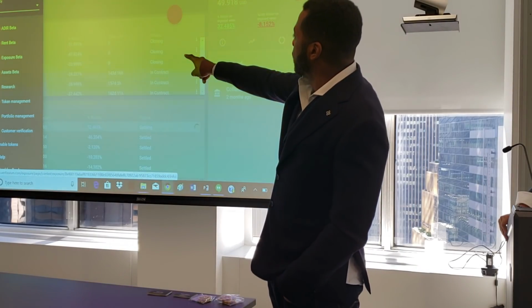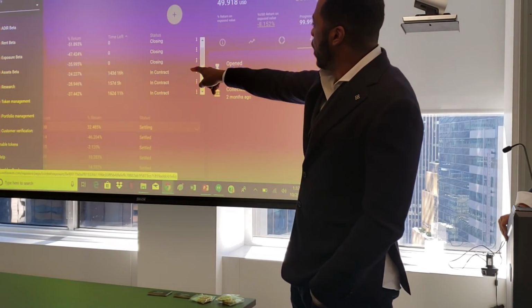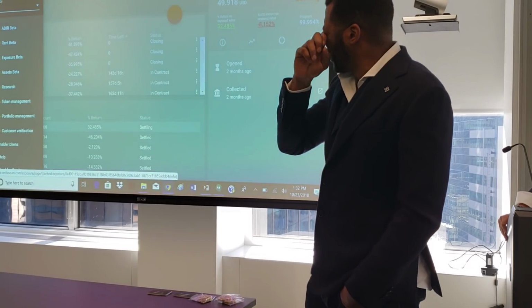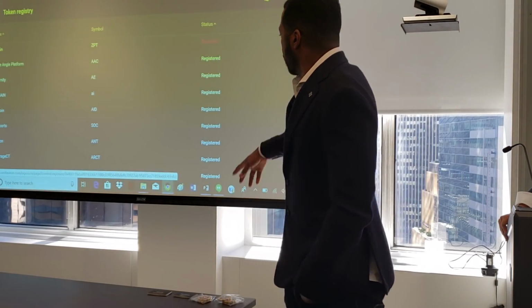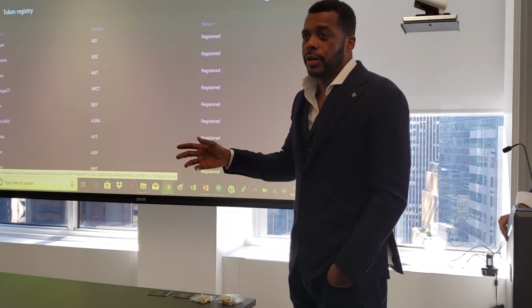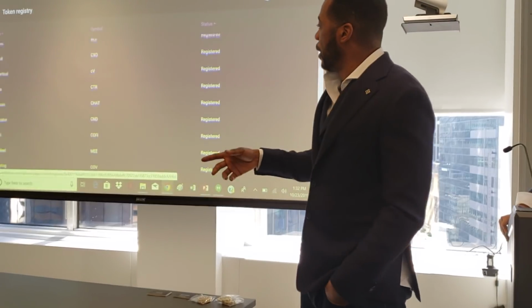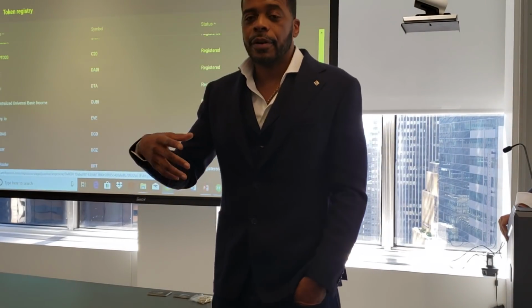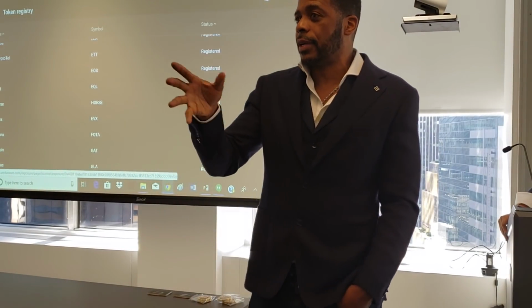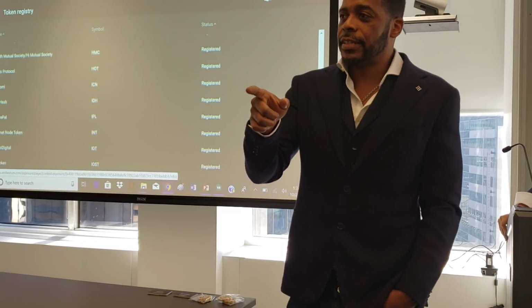Okay, we did assets, we did exposure, we did research. Token management is the back-end administrative portion. It's only available to administrators where we create tokens. We tokenized Bitcoin. We actually took Bitcoin, wrapped it in Ethereum, and put it in the blockchain a year ago. You could tokenize anything. So we tokenized gold. Commodities, we plan to do Nigerian oil, which is interesting because Nigerian oil has about, I don't know if it's a 10%, but it's definitely a discount. The reason is, despite the fact that when the